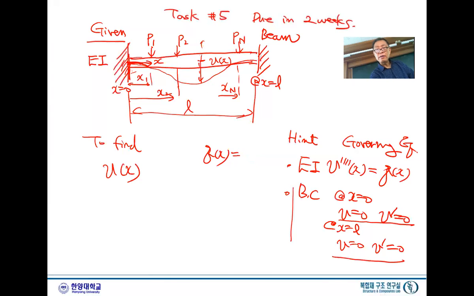So P is a concentrated load. So P1 times x minus x1. This is called singularity functions. And minus P2 and x minus x2, and so on. Now, when you solve this one,